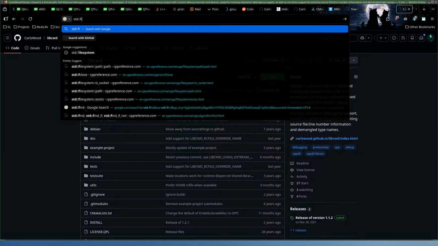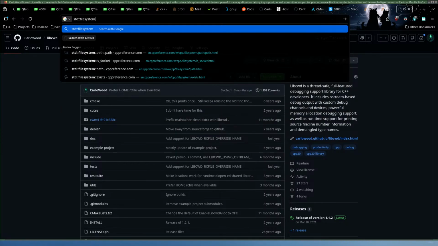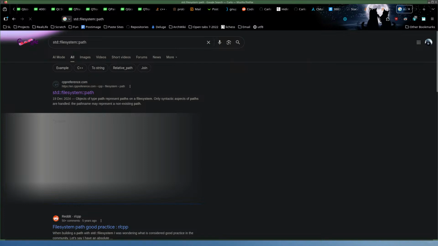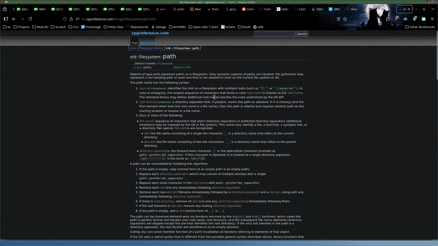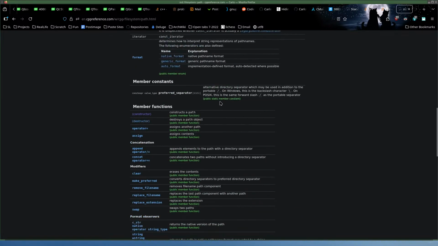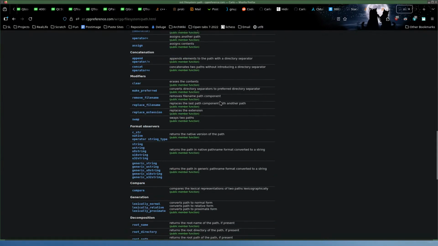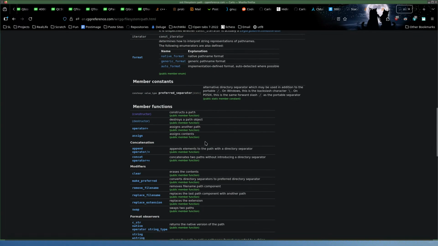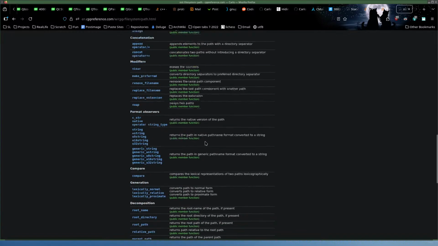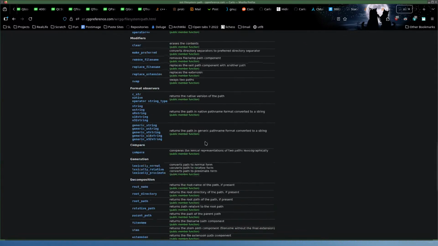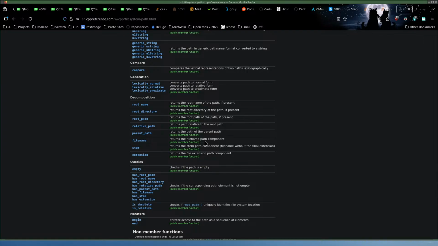Standard file system path. Clear. You have a clear. And do we have an empty is the question. Empty, yeah.